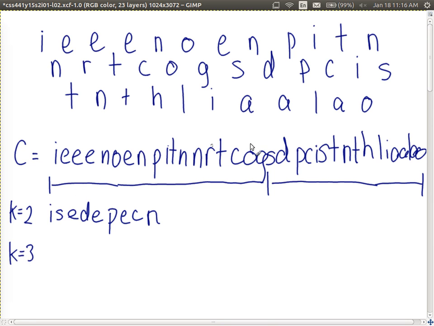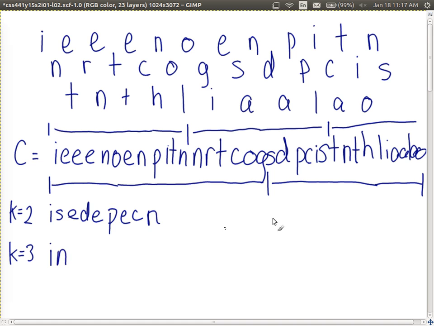A depth of 3, then we split it into 3 parts. It would be split here, here, into 3 parts. And then we'd read off. The first letter is I, N, T, E, R,